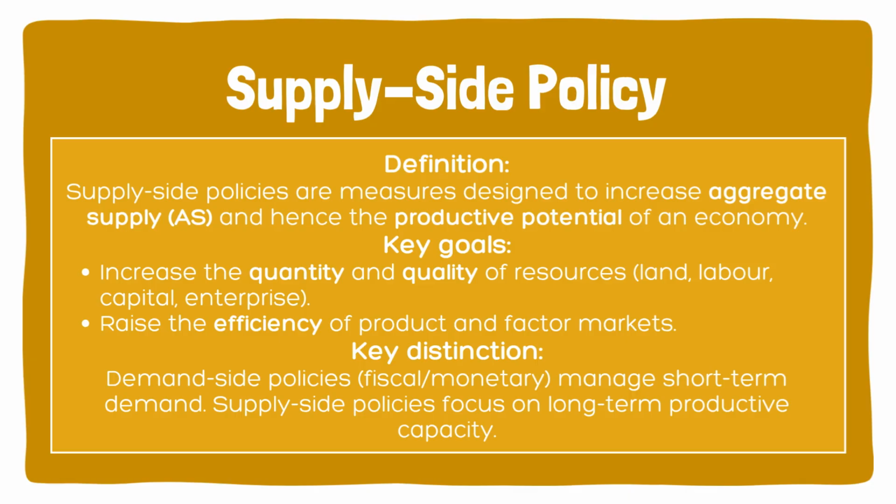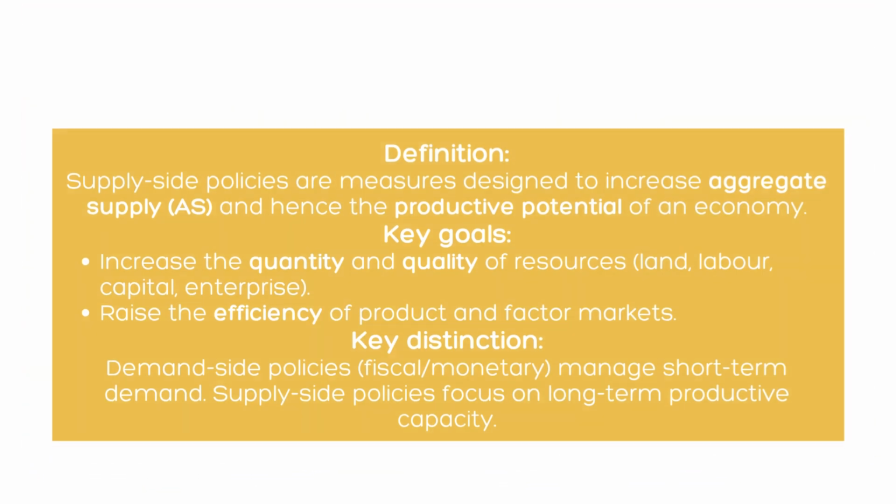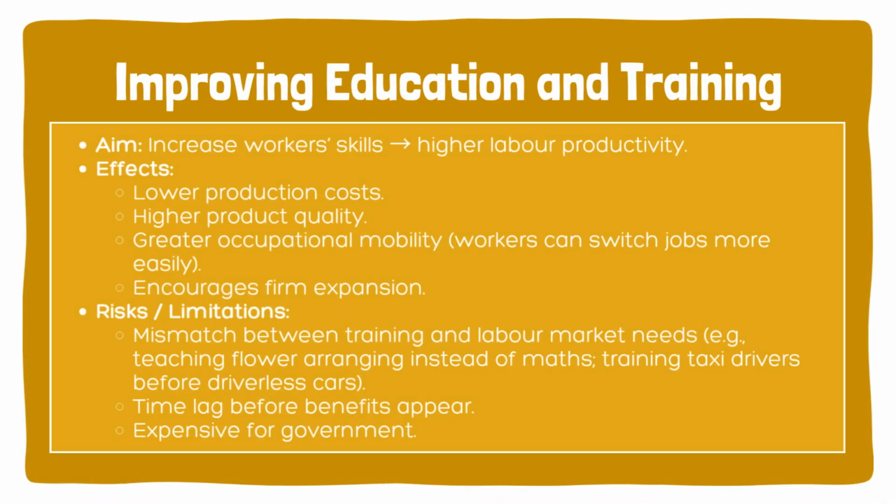Supply-side policies. Supply-side policy refers to government measures designed to increase aggregate supply and therefore increase the productive potential of an economy. These policies aim to increase both the quantity and quality of resources and improve the efficiency of product and factor markets. Common supply-side policy measures include the following: improving education and training aims to increase the skills of